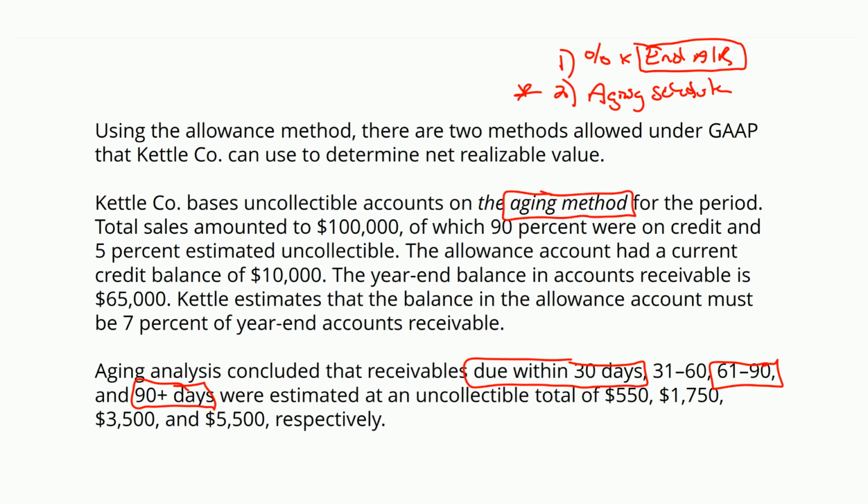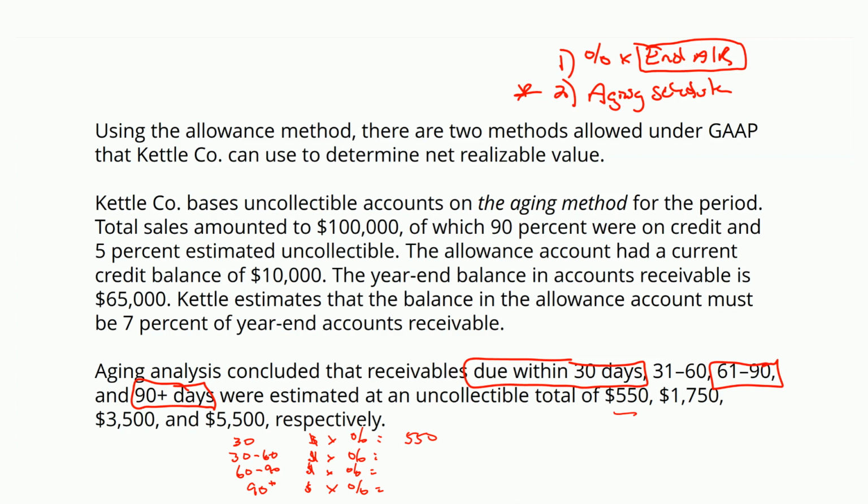So if I'm taking the exam, the first thing I want to do, we have less than 30, 30 to 60, 60 to 90, 90 plus. Tell me the dollar amount, the balance, multiply by the given percentage, how much of that we're not going to collect. Okay, what percentage of that are we not going to collect? And then that will tell you the uncollectible amount for each of those categories. Here, we didn't have to do the math, though. It was given. So in the less than 30, that's 550. Didn't have to do the math.